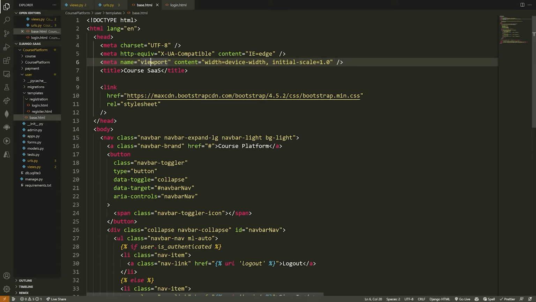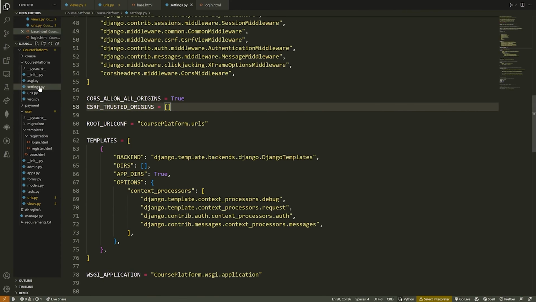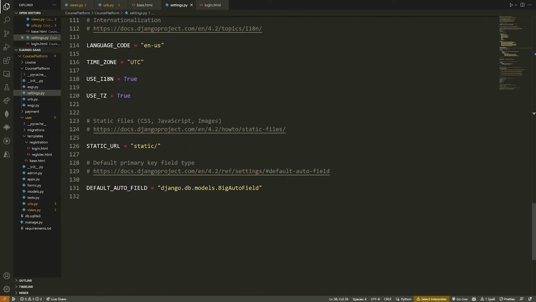What we're going to do now is we're going to go into settings. So we're going to go to course platform, settings.py, and we're going to write a few variables at the bottom of the screen here related to the redirects after logging in, logging out, etc. So first of all, we're going to say the login URL is equal to